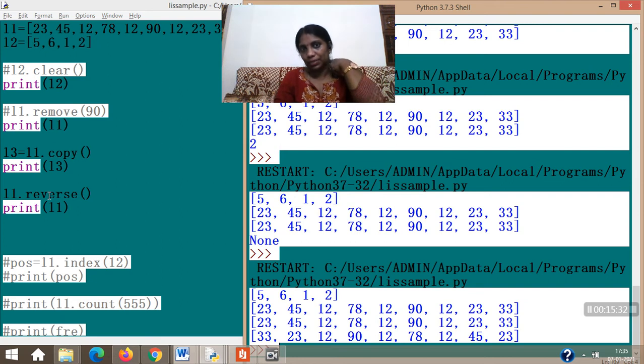So the way we did append, extend, that cannot be printed. That can only do the task of adding to the list. Just like that, reverse also can do the task of reversing the list. The existing list contained 23, 45, 12, etc. It just got reversed, and now you got 33 started, then 23, 12, 90, and so on. It's easy to identify because it is already given there. See, two times L1 and L3 is printed with the same value.